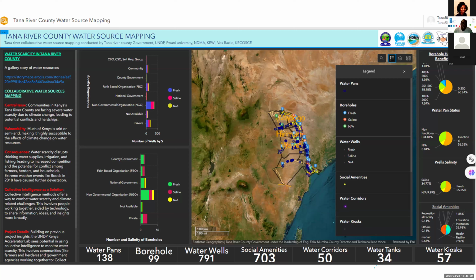If you click a borehole, you are able to get all the attribute data related to that borehole. You can also see the media or pictures of that particular water source. You can also query the underlying data by specific indicators. It also allows for checking layers on and off. You can change the base maps, whether you want satellite imagery or a vector-based base map. You can conduct a quick search, and it also has integrated links